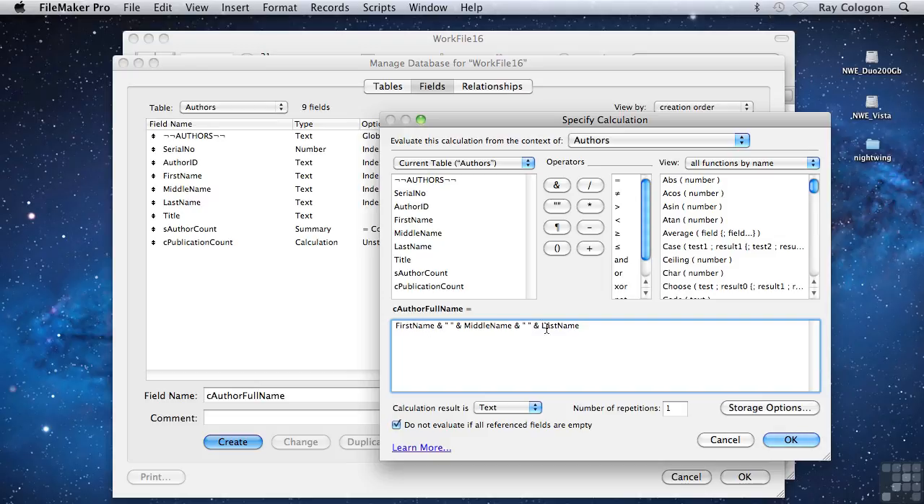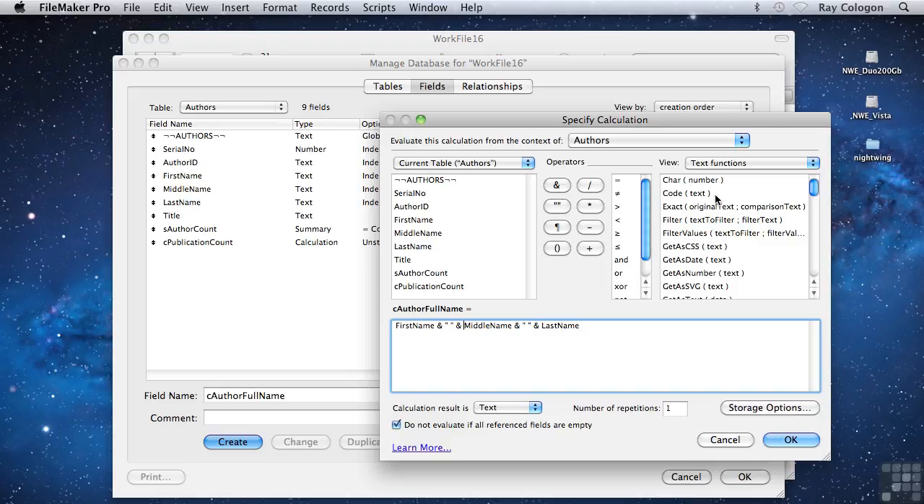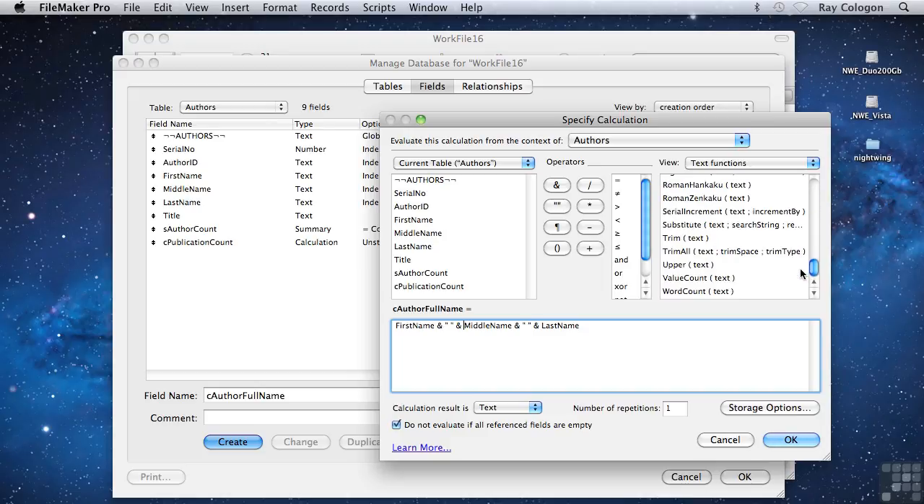So in this case, I'm going to solve the problem by adding FileMaker's trim function. Now all of the functions are listed in a box at the top right of the Specify Calculation dialog, and in fact there's a menu of categories. So in this case I'll choose the group of functions that are categorized as text functions. And down within this list of text functions, you'll see trim, which removes leading and trailing spaces from the text